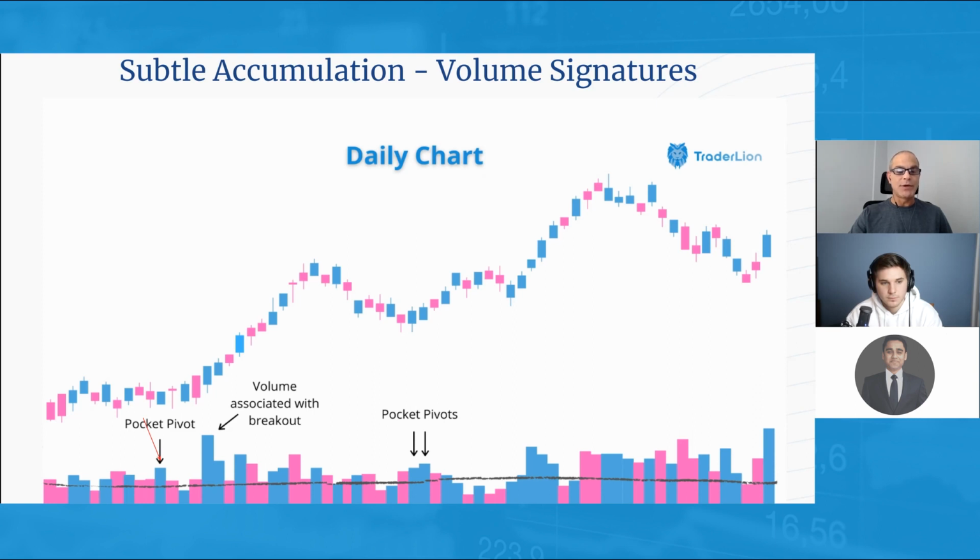And as you can see, this volume is clearly bigger than all of the down days of volume in the prior 10. So that's letting you know that within this space, there is some significant accumulation going on that you might not otherwise spot. So we'd like to pay close attention to pocket pivots, especially within bases, as stocks are